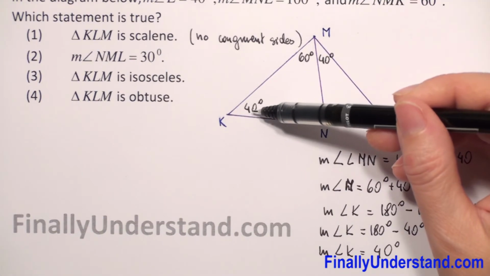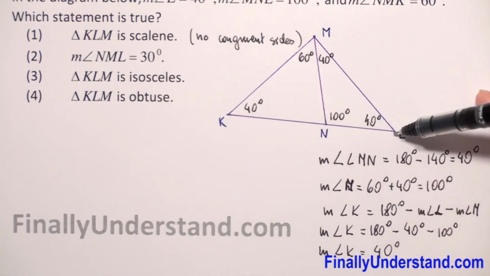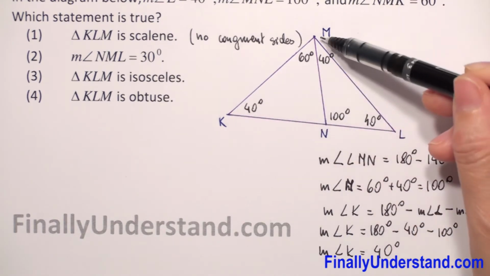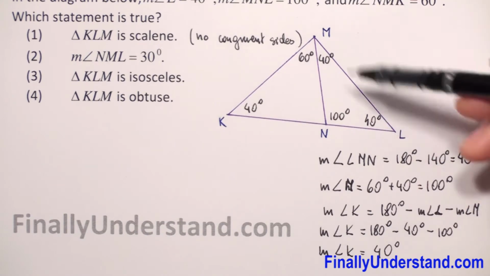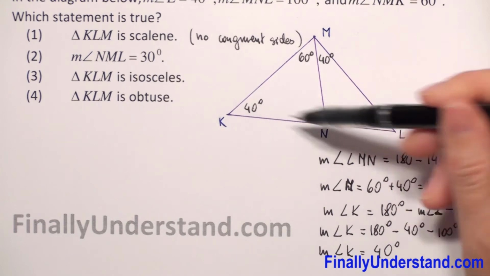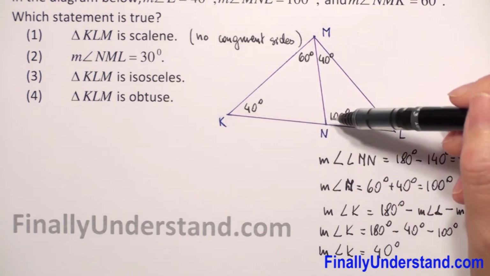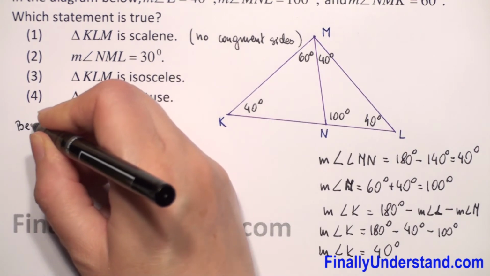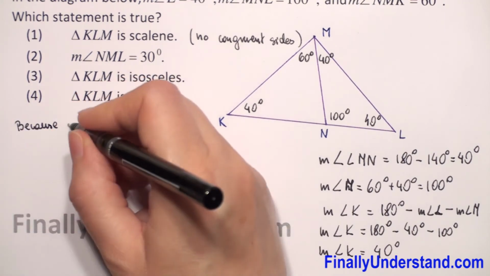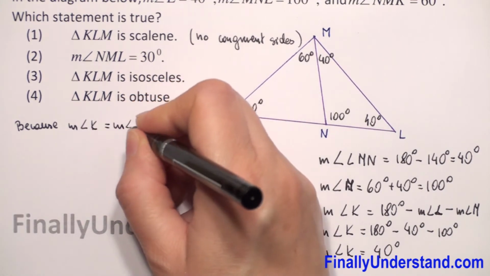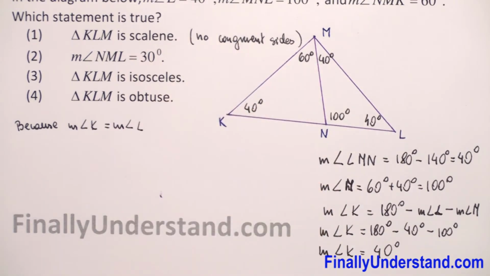Because measure of angle K is equal to measure of angle L, we can tell that segment KM is congruent to LM, because we have these two interior angles the same. So we can write that because measure of angle K is equal to measure of angle L,